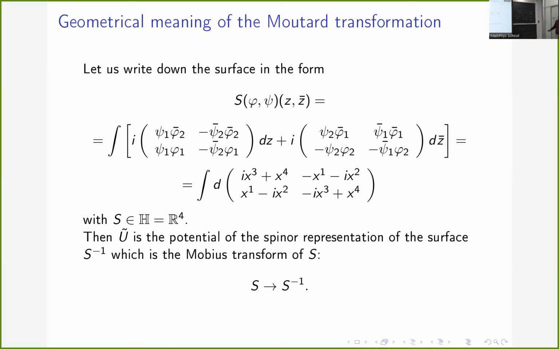And then we get S minus 1 for this matrix, nothing else, and we get another surface. So one point of R4 is mapped to another point in R4. R4 is represented by these 2 by 2 matrices, quaternions. And then this Moutard transformation is just